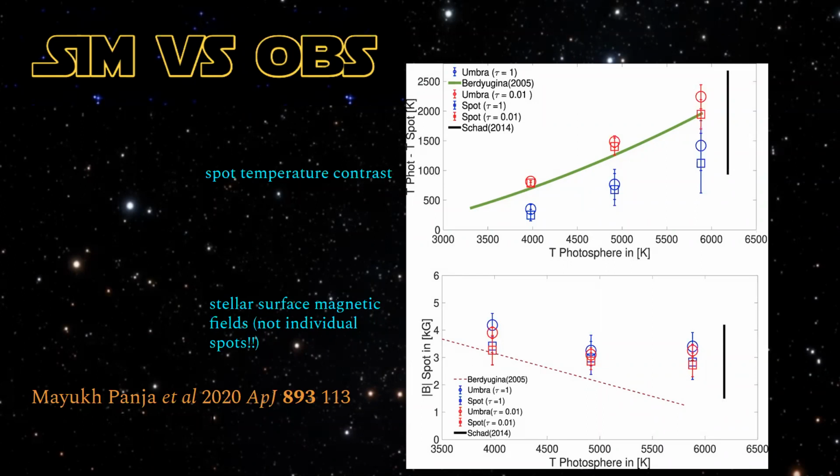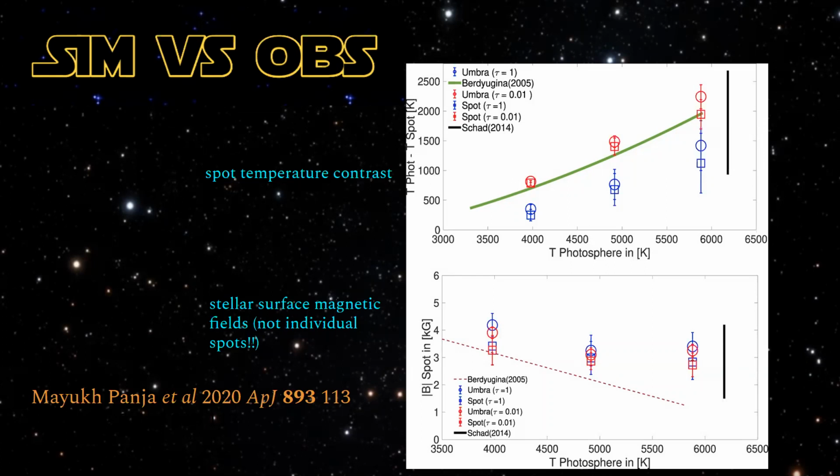So what you can see is that, one, our spot contrast at the photosphere is a little bit lower than what you see in observations, but nonetheless, the basic trend has been reproduced very well here. As you go to hotter stars, you see relatively colder spots, and this is seen both in observations